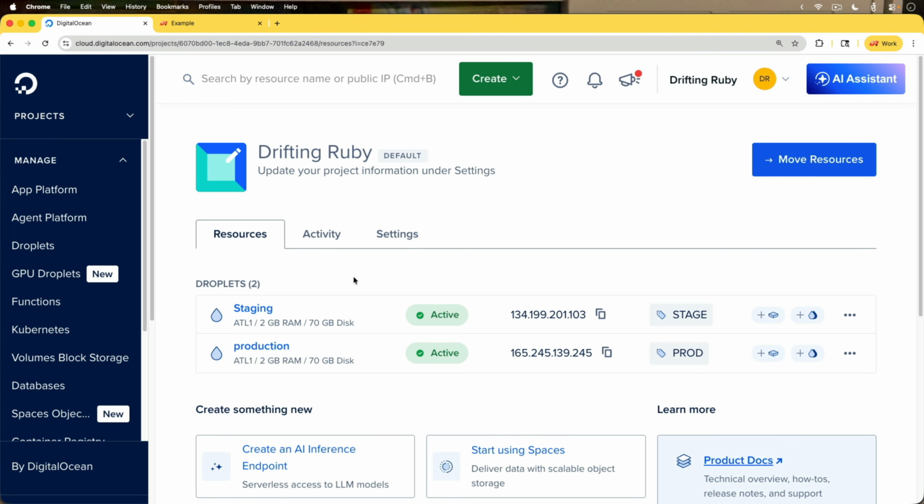we don't have to set all of that up in the same fashion for our staging environment. And it really depends on what you're wanting to do with that staging environment. If you do need it to be an exact replica of the production environment, then it may be worth setting up that infrastructure. However, a lot of times you can get away with a single server and using the Kamal